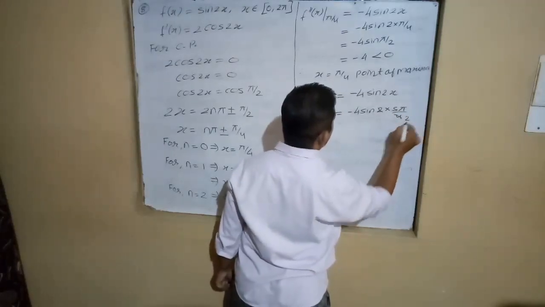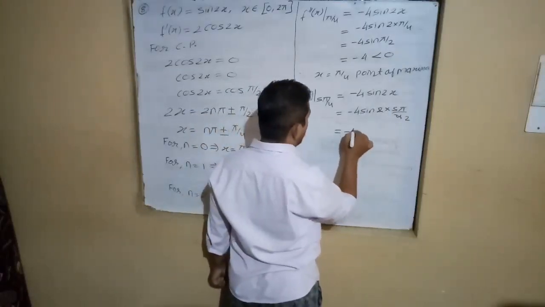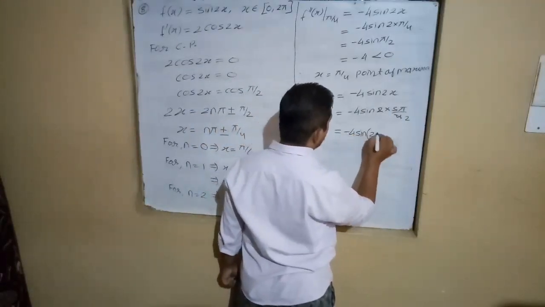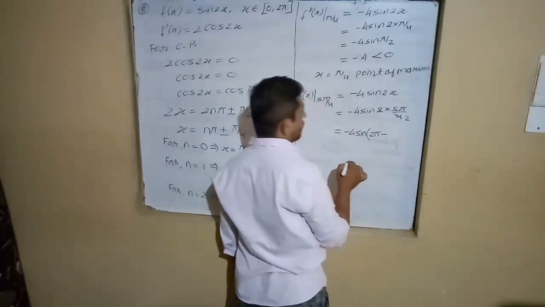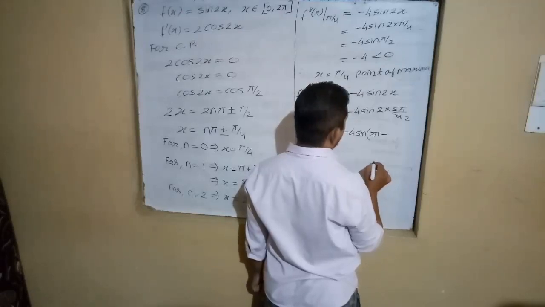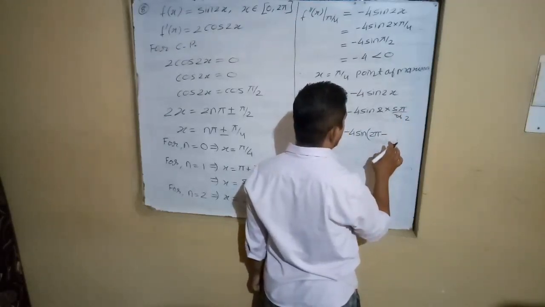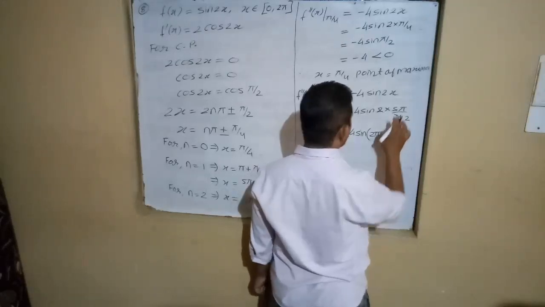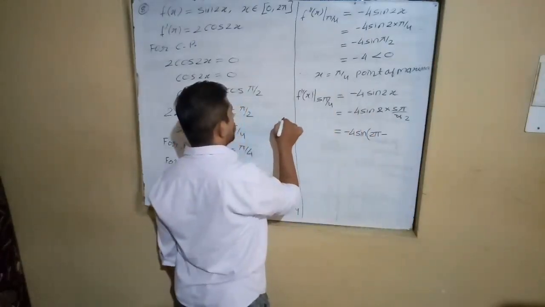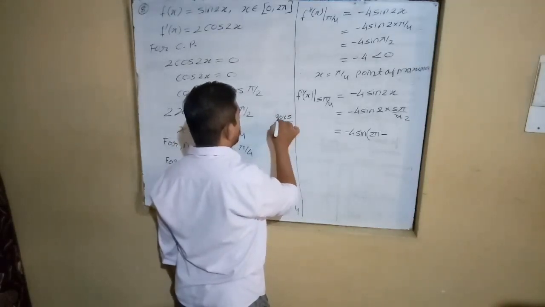2 cut from 4 2 times. So 5 pi by 2 we can write as minus 4 sin 2 pi minus 5 pi by 4. We can write pi. 5 pi by 2 चाहिए अपन को, है ना? So pi by 2 means 90 into 5